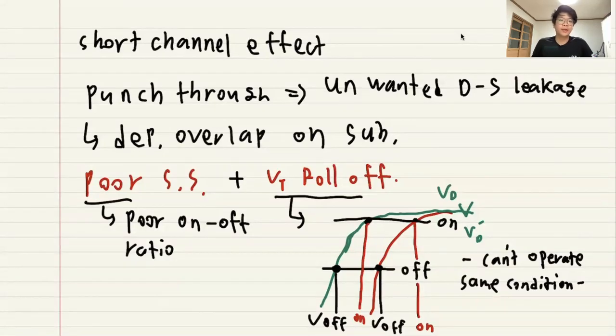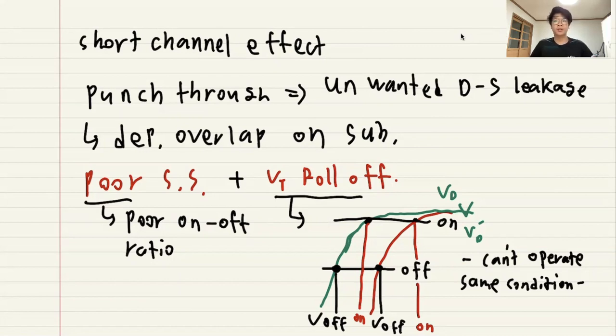As device gate length gets shortened, unwanted effects occur. A short channel effect, first of all, is punch through. There is an unwanted drain to source leakage not depending on gate voltage, which is caused by a depletion overlap on the substrate, and the punch through makes a poor subthreshold swing, which means a poor on-off ratio, and